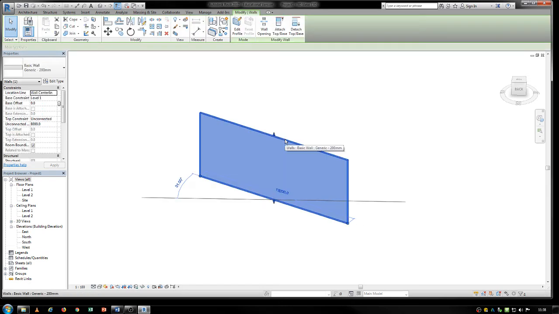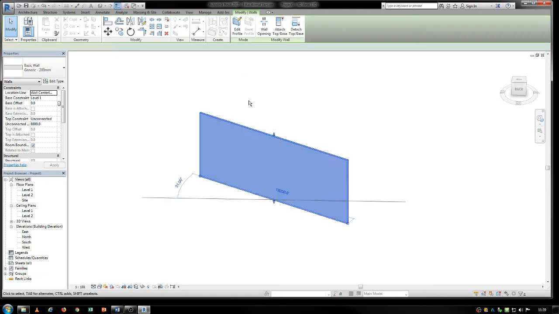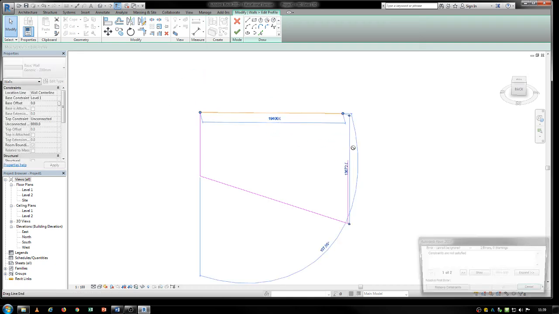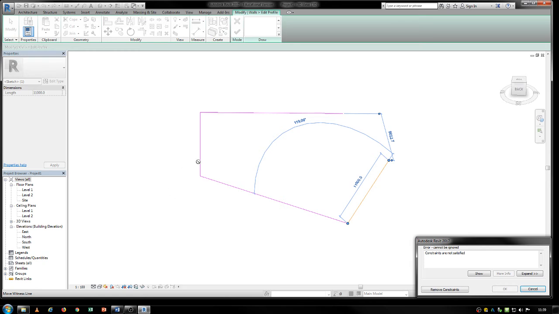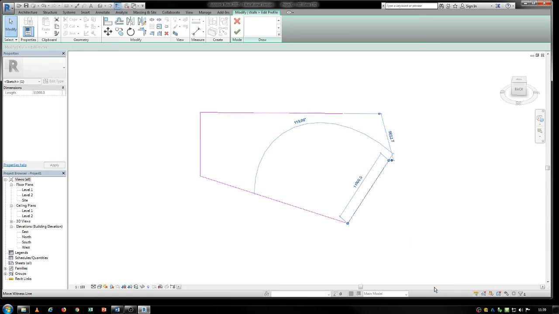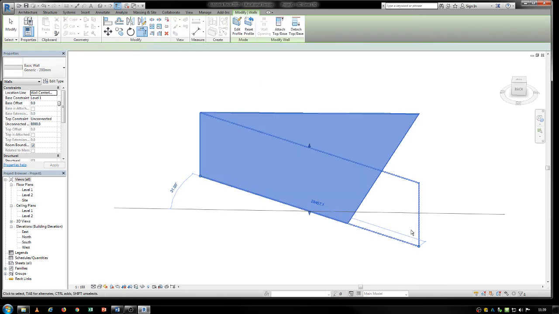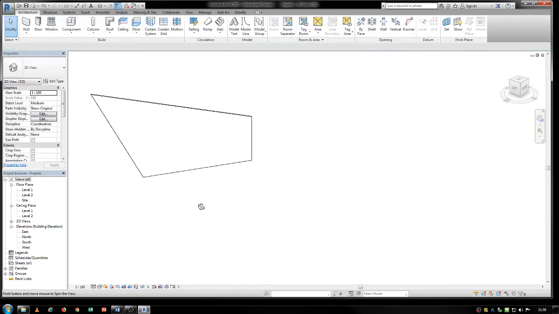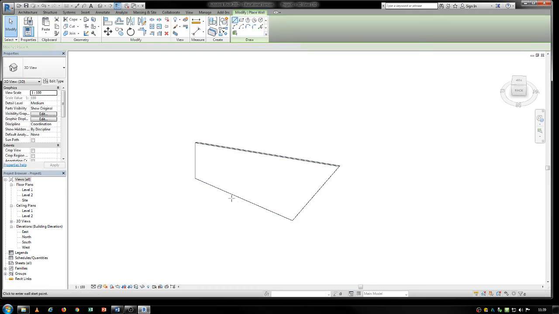So let's say I have this wall and it's not really in this shape. It's a different format of a wall. So I would go edit my profile, move these things around however I want them to move, and then they will just follow my lead and they would form the wall however I want it to be. So that's step one, to make an irregular wall. Then let's say I have a window inside it that is not, again, a regular one. So the way to do that is, again, to draw another wall here,